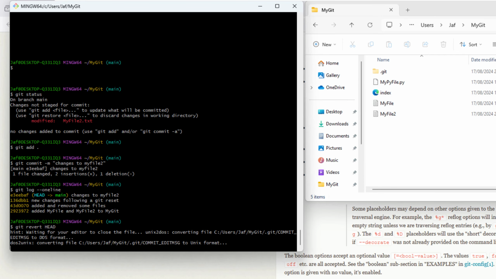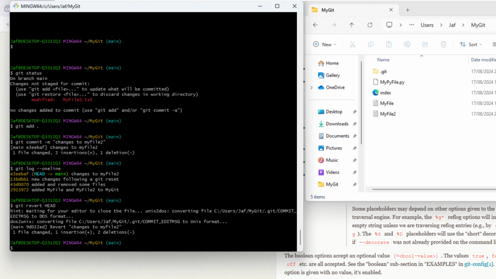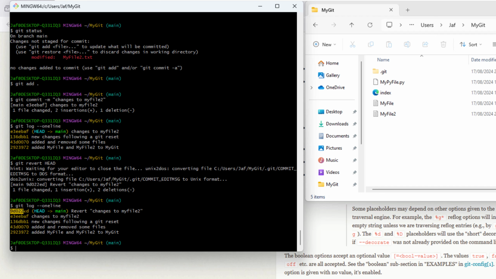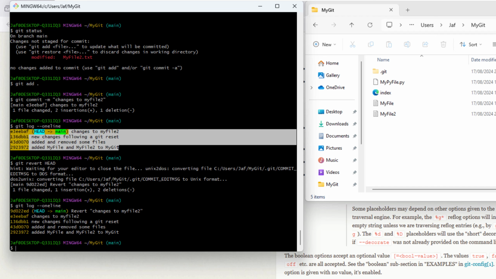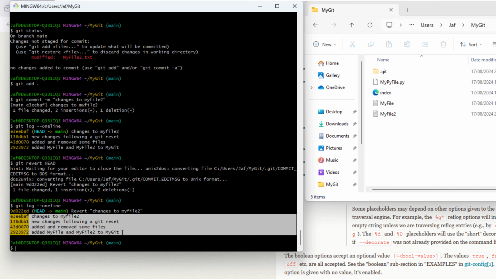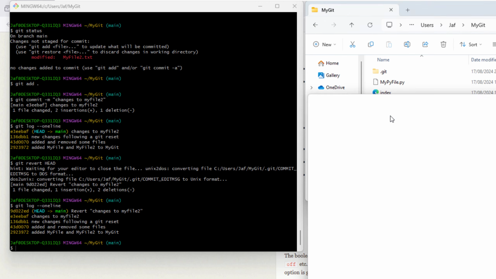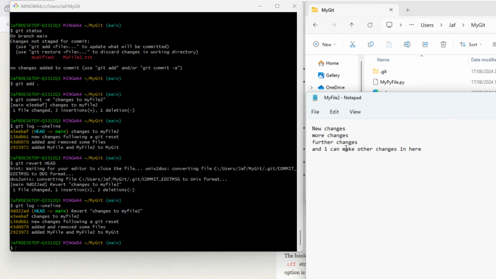Let's close the editor and let's see what that has done. If we do a git log again and have a look at the git log, we can see our new commit identifier, and this is the head now, revert changes to my file 2, and we can see all of the older commits are still preserved, so we can see all of them over here and they're all over here as well. One last thing I forgot to do is have a look at my file 2 to confirm the change has been reverted, and in the previous commit we added a line called new changes which has vanished, so we can see it's undone the changes and created a new commit,